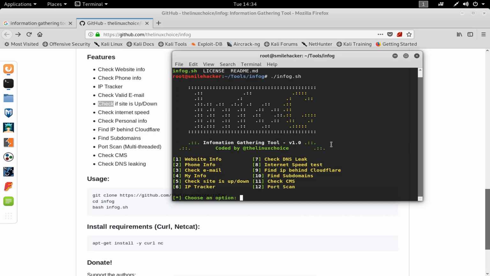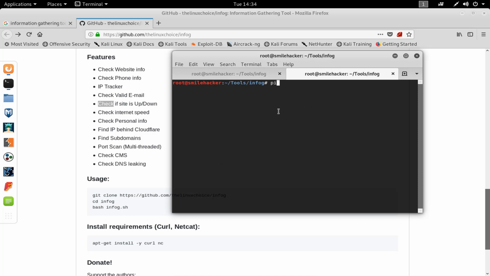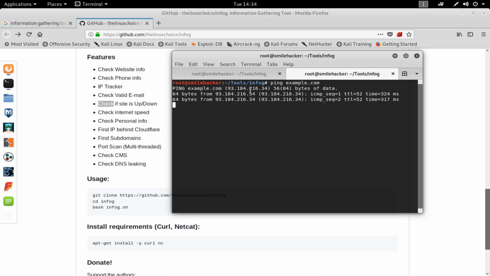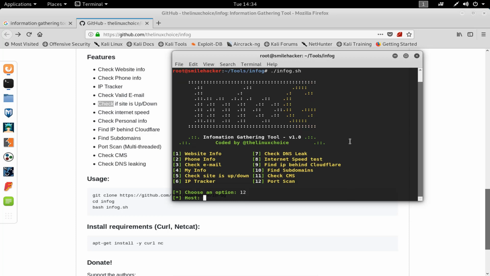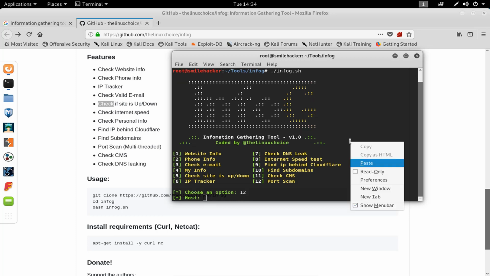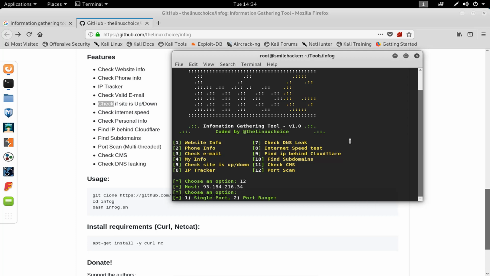Let's test this one. Ping example.com. So this is the IP address. We are going to copy this one and let's do a port scan. Host, we are going to paste the example.com host.